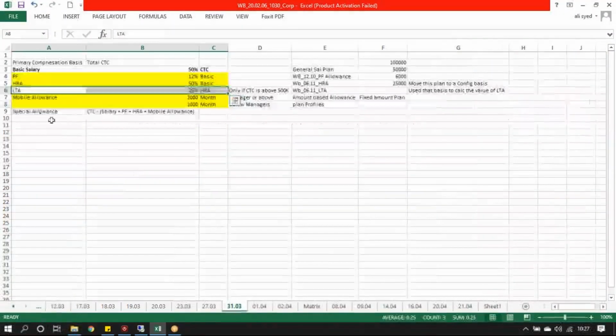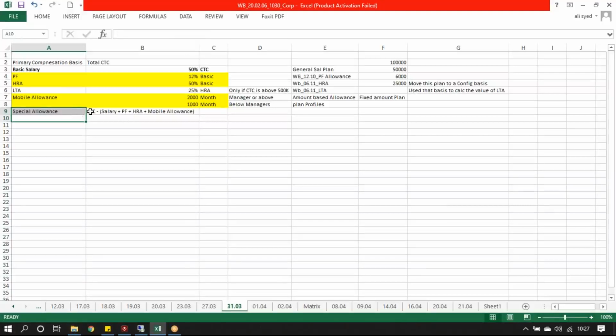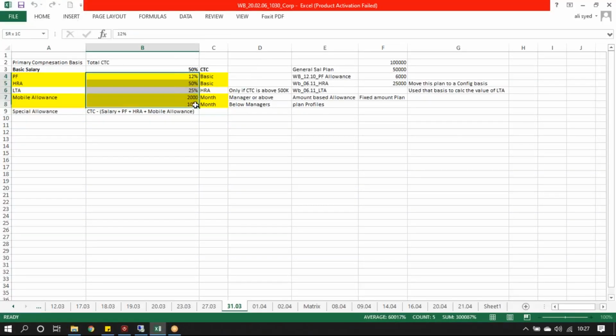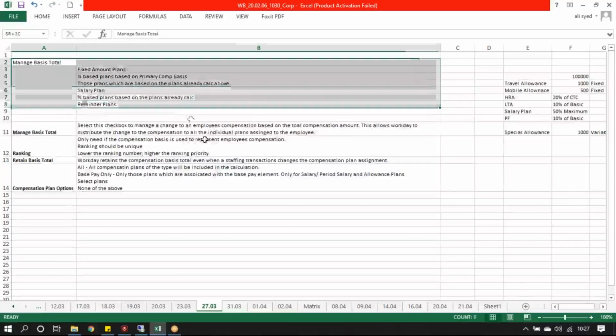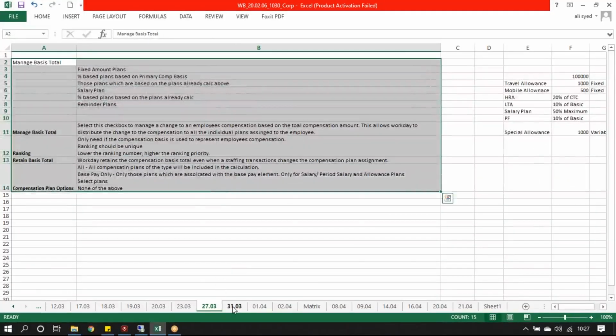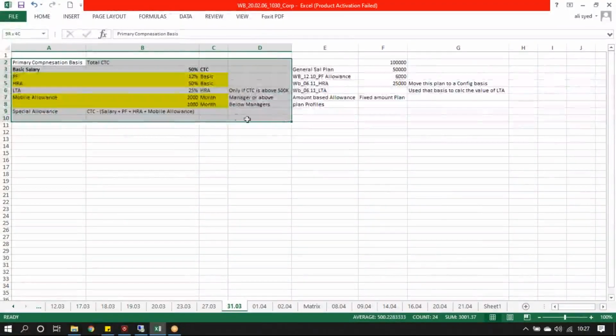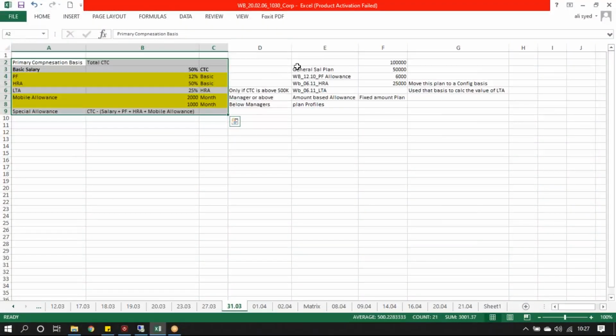So at the end, whatever amount is left, which is CTC minus the sum of all these plans, it will be allocated to this special allowance, right? So this is how system calculates your MBT,